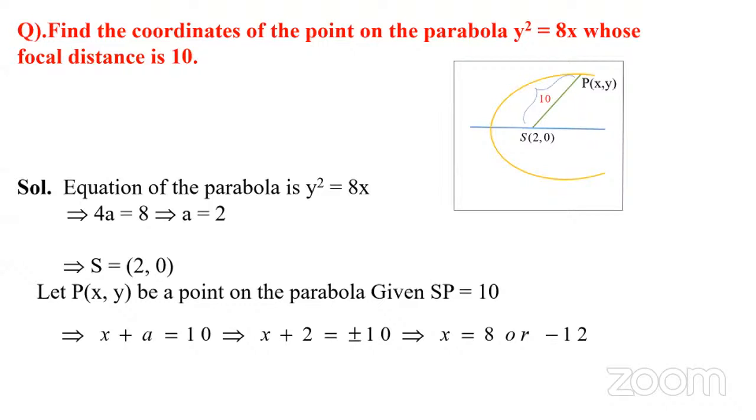Then just solve for x. Taking 2 to the right side, you will get minus 2. If you take plus 10, 10 minus 2 is 8. If you take minus 10, you will get minus 12. These are the x-coordinates of P, so the x value is 8 or minus 12, and for the y value,